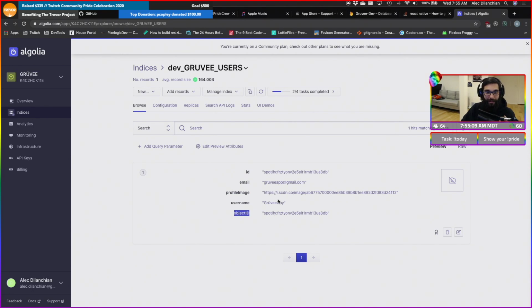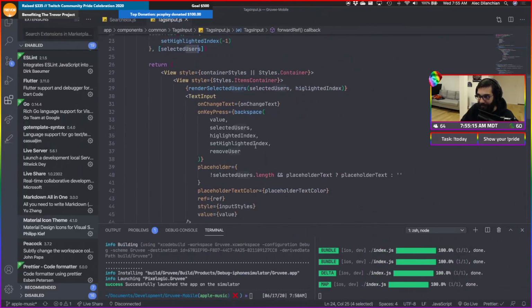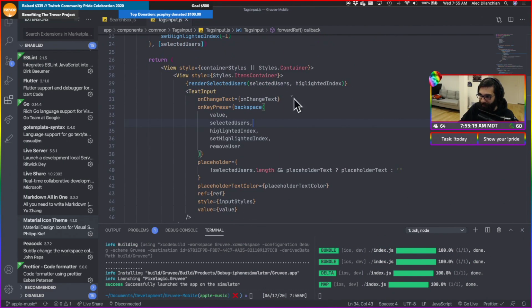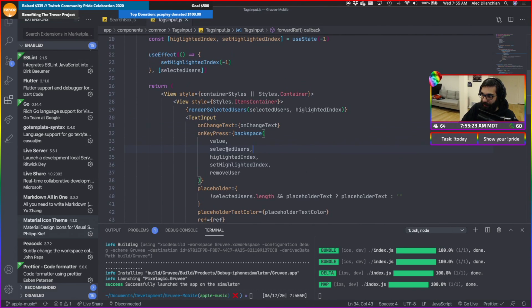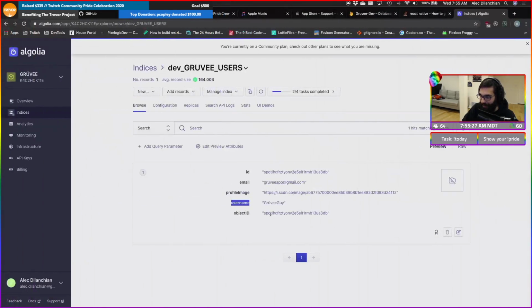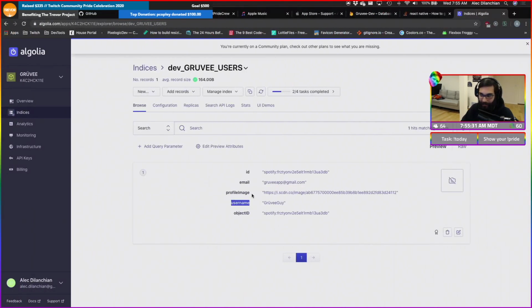The problem is, during this change, we actually switched username to be display name. So I believe now that the way that we're setting up this text input is actually happening based off of username and not display name. So display name doesn't show anything here because there's nothing there.